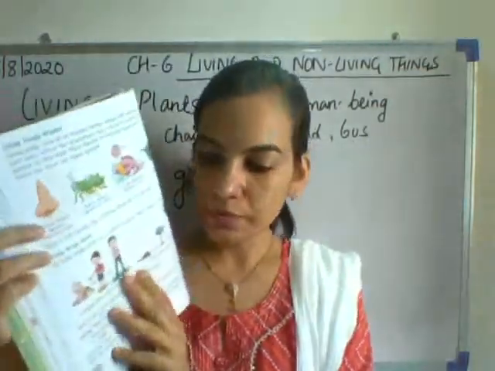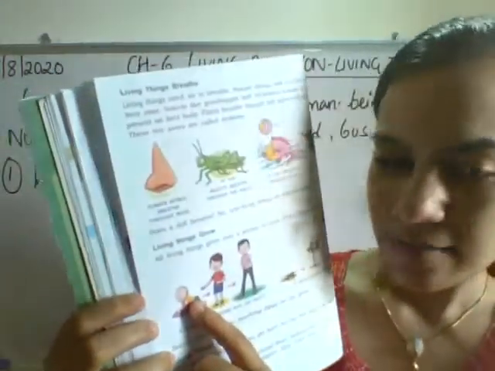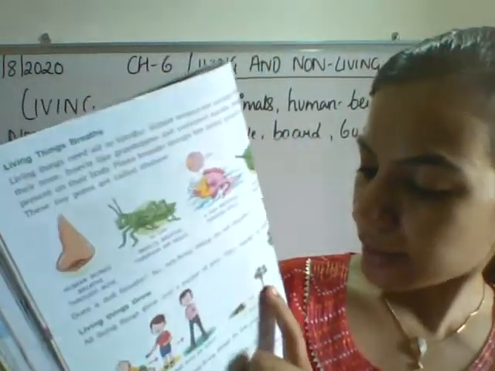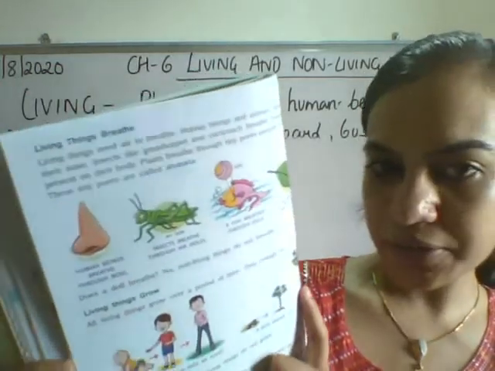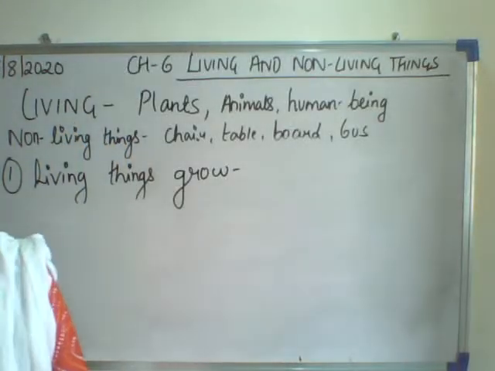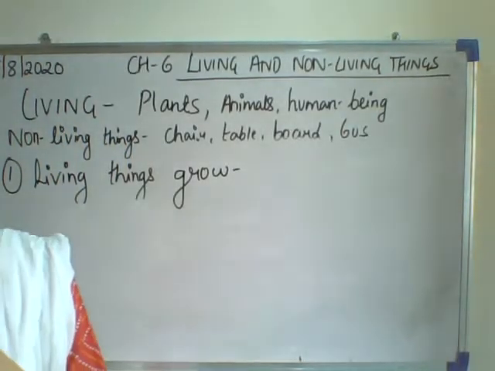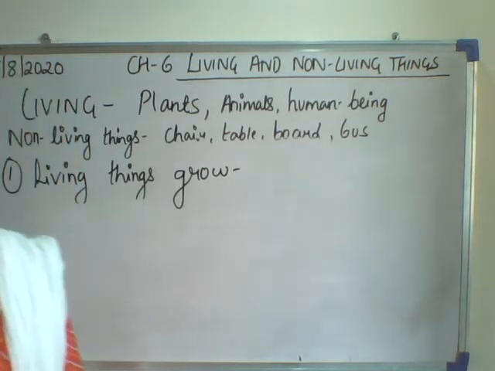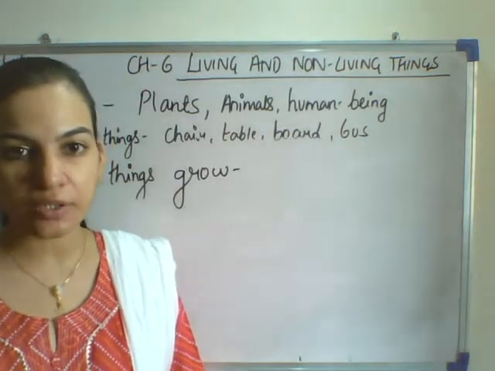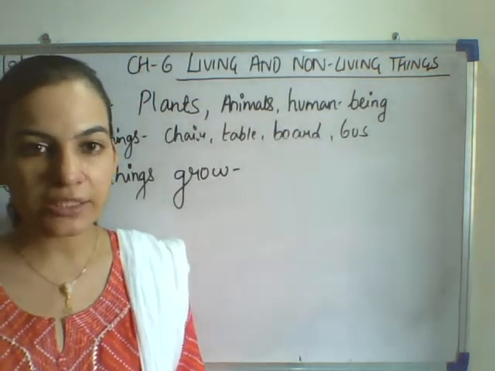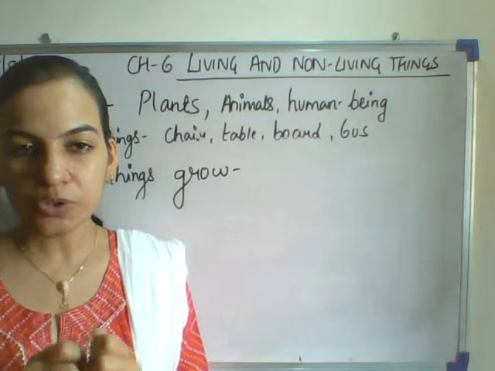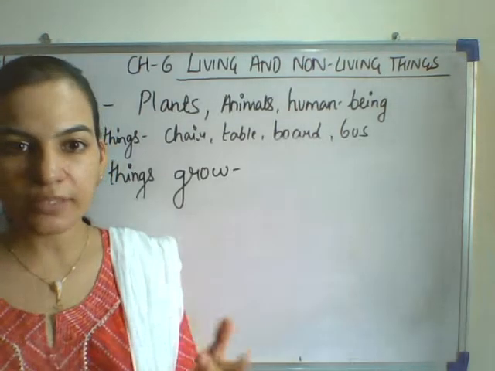Here from the picture you can see a small child is growing. Yes, the plant also grows. This is a seedling, then it grows into a plant, then this plant turns into a tree. So all the living things grow, but non-living things do not grow. All living things grow over a period of time. They change in shape and size. Yes, your shape and size also get changed. If you see your hands, your legs, everything grows. Even your hair keeps growing. Your nails also grow. You used to cut your nails. So all the living things grow.